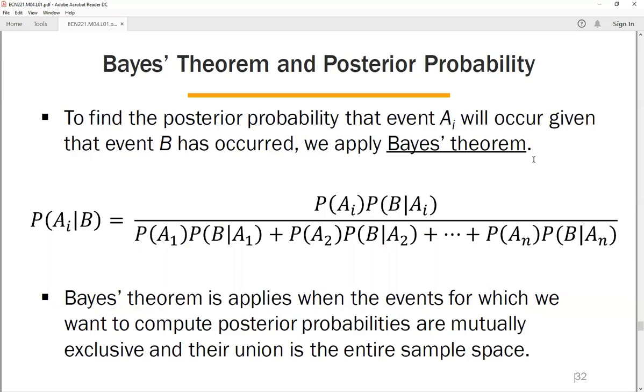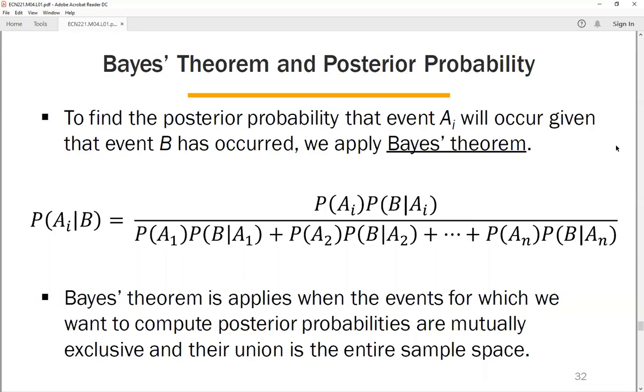Okay, so here I'm going to talk a little bit about Bayes' theorem and posterior probability. To find the posterior probability that event A sub i will occur given that event B has occurred, we're going to apply Bayes' theorem. Bayes' theorem is this expression that you see there: probability of A sub i given B equals,